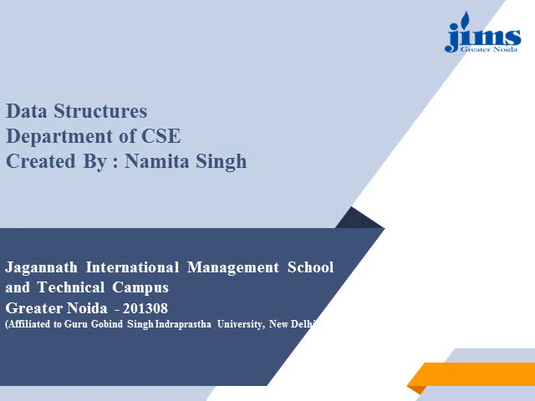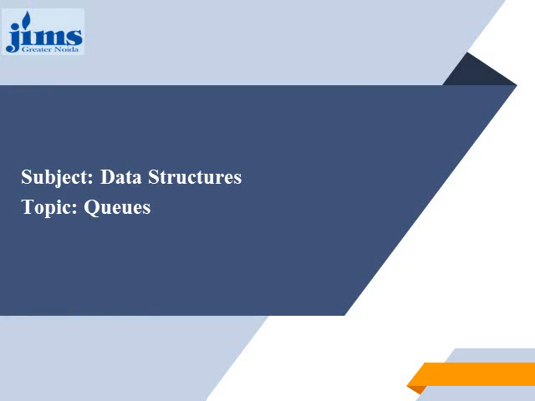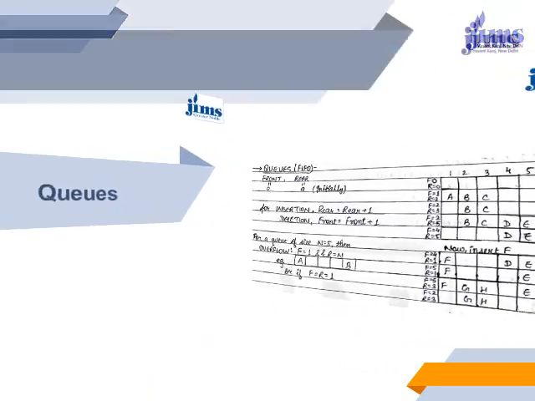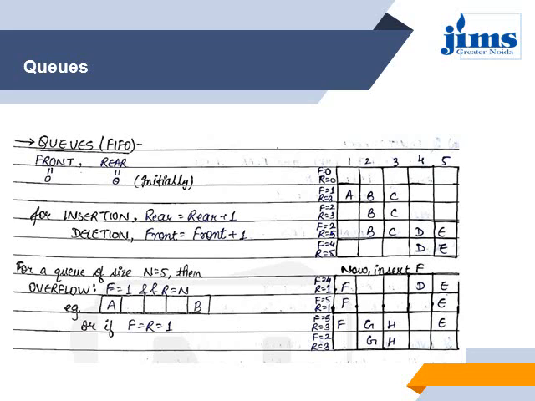Everyone. Today we will talk about queues, one of the other linear kind of data structure. Queues are another kind of linear data structure which allows you the insertion and deletion from its two different ends. That means insertion in a queue can happen from one end and the deletion can happen only